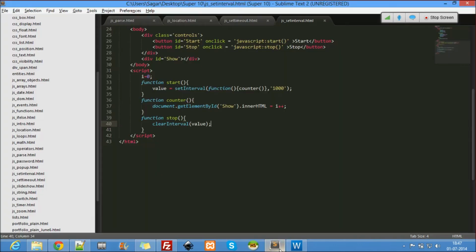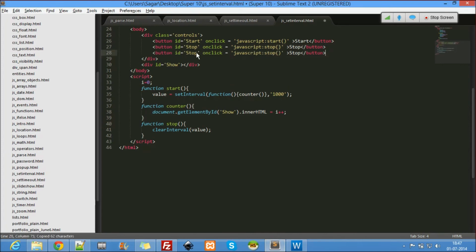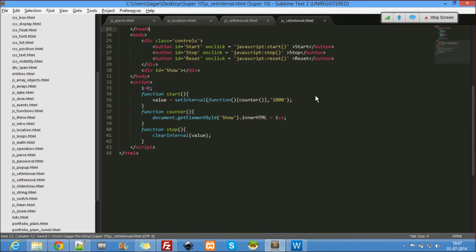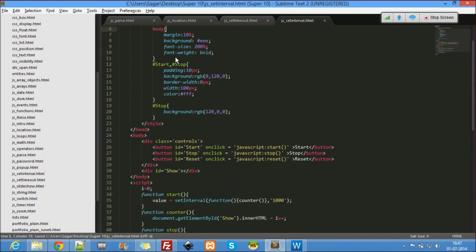So let me give one more last button here, which is called reset. If I have to reset, what reset does is make the counter 0.